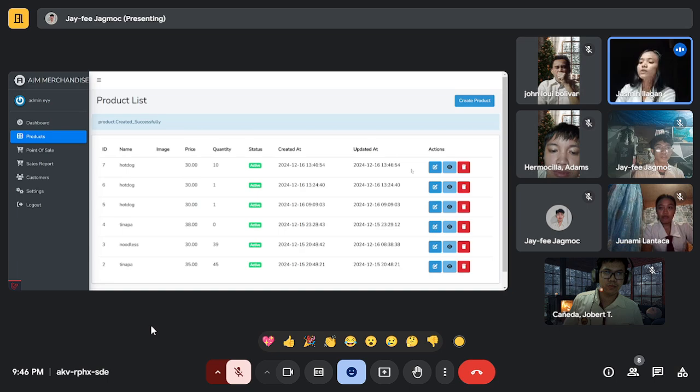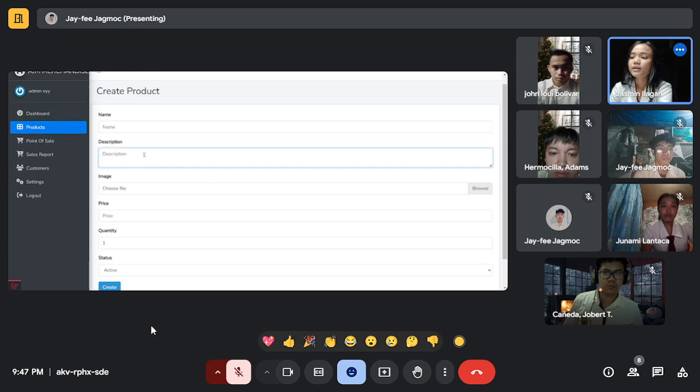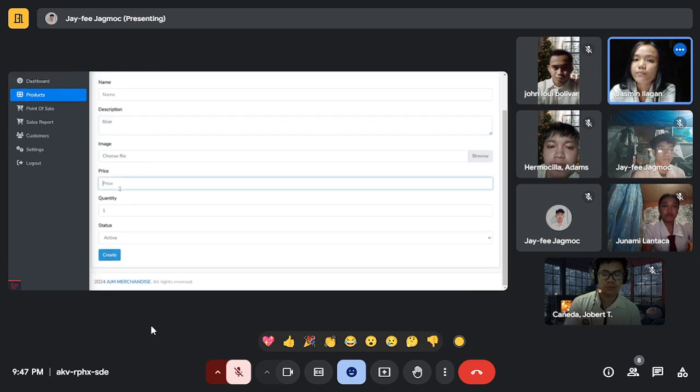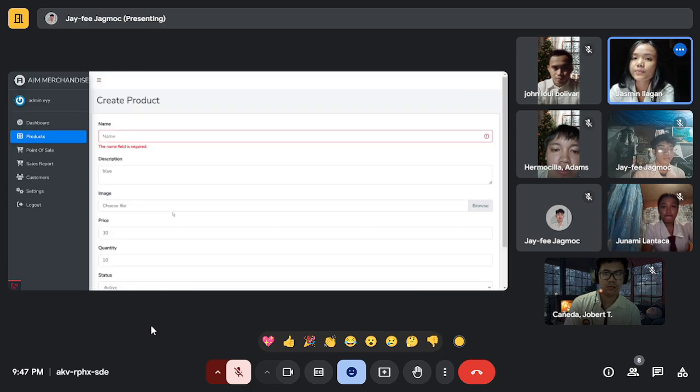Okay, so next, let's attempt to add a product with missing or invalid details. So create product, then just leave some fields missing.